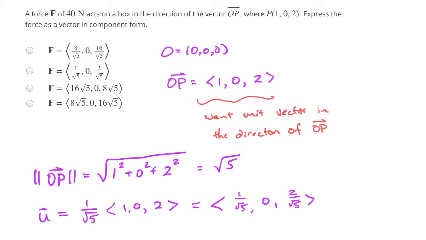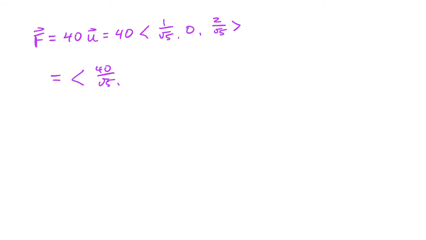And so if we want a vector that has a particular magnitude, all we have to do is scale our unit vector by the magnitude that we want. So our vector F is just going to be a magnitude 40 times our unit vector. So this is going to give us 40 times the vector (1 over root 5, 0, 2 over root 5). Which, if we simplify this, we end up with 40 over root 5, 0, and 2 times 40, so we have an 80